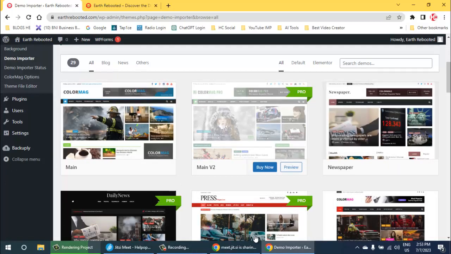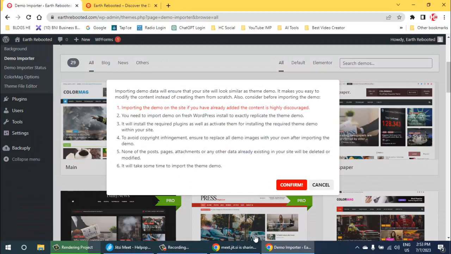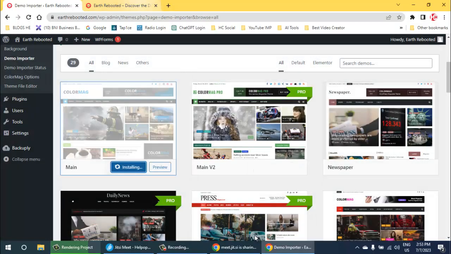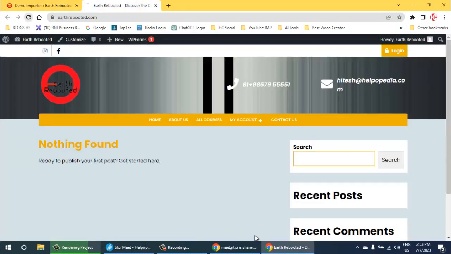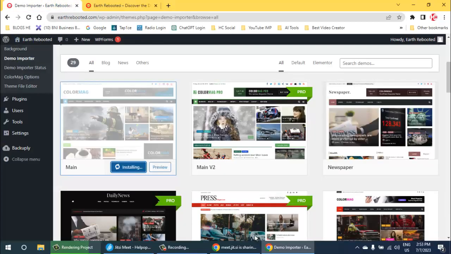Some of the themes might be pro versions, so you can leave those. This one says "Buy now", and we don't want to buy, we are just going to use the free option. So if I want this one, I'll just click on Import. I'll say Confirm. Now if I refresh my page, right now you can see how the page is looking. It is looking like this, but now you can see it has changed because I am